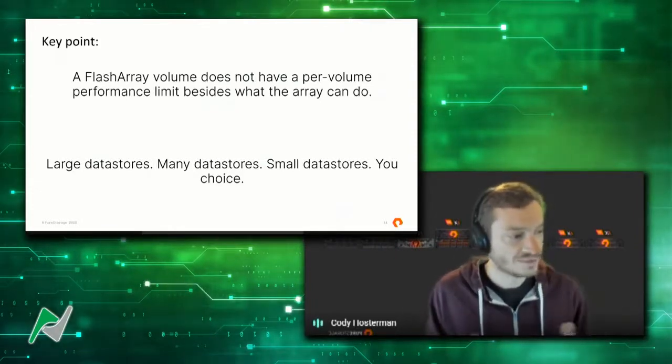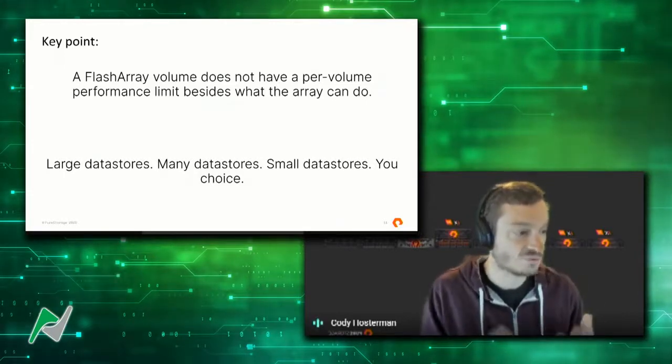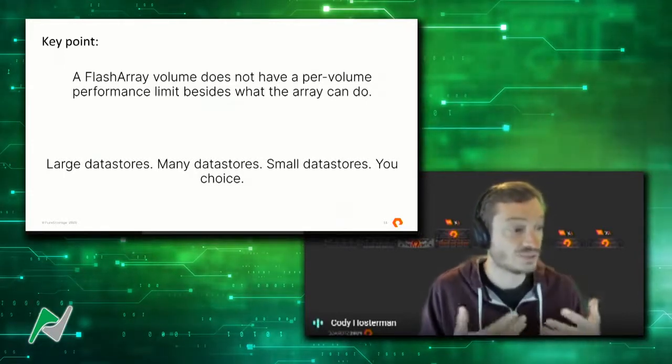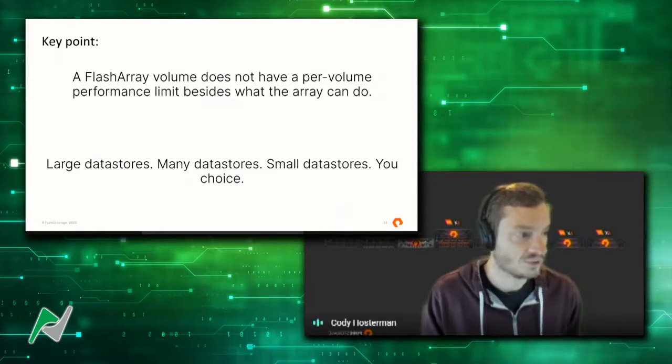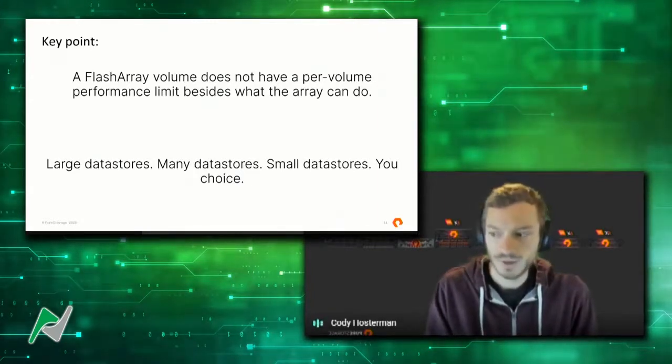When you're thinking about data stores or volumes, you're thinking about features. You're thinking about the business requirements of what's sitting on top of it, not the performance requirements of that application. Now, that's all wonderful and great, but